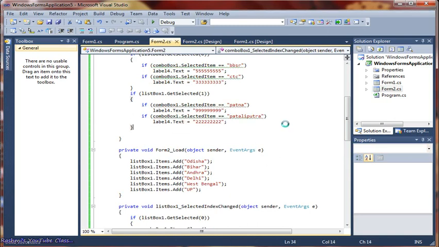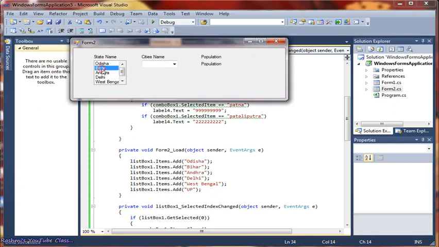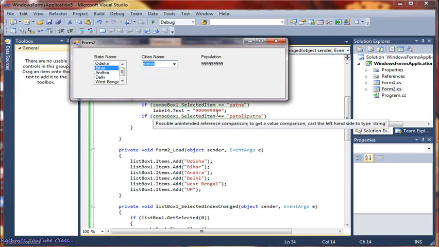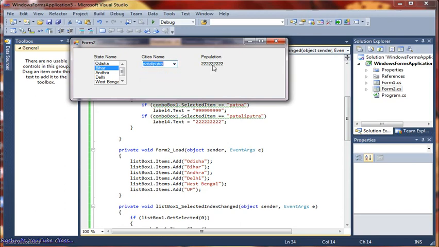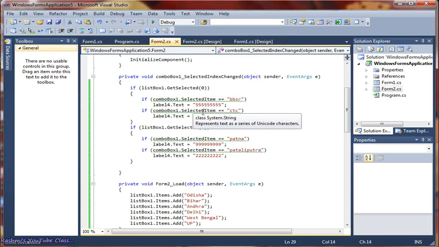Okay, let's check whether it is working or not. Choosing Bihar. I am choosing Patna. See, the value is changing. I gave 999 here, so it is showing. Next, Patliputra, value. See, next one, nothing we gave. Darbhanga, nothing it's supposed to show. Because there is no coding, it is showing the previous one. Understood? You have to fill up all. Okay. Hope all of you understood.